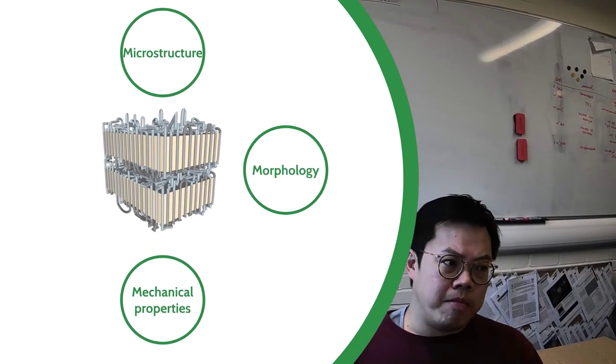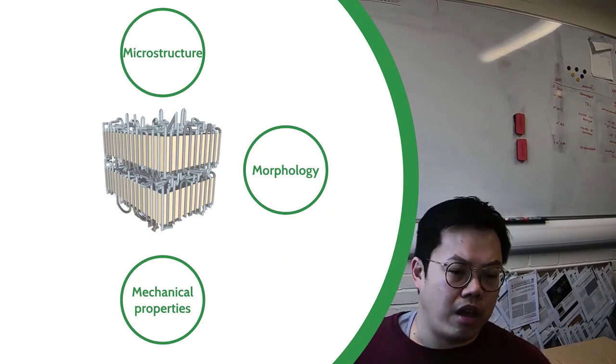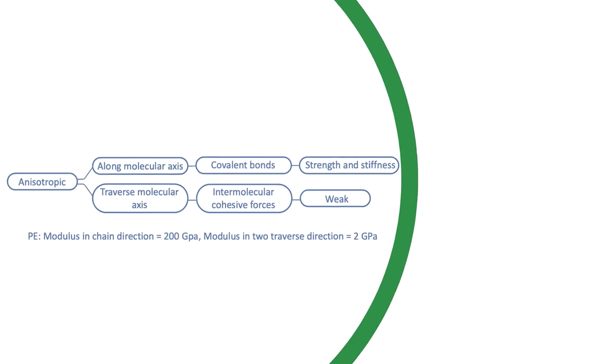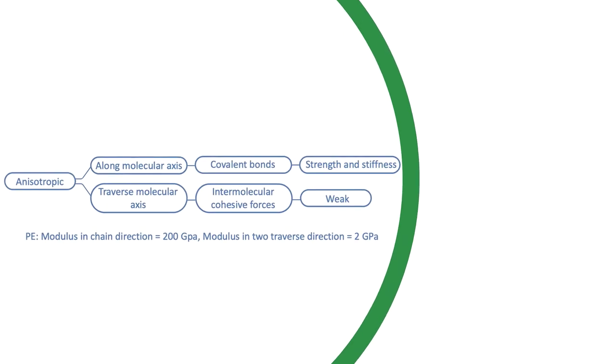Now, the terms brittleness and strength are all related to the mechanical properties of semi-crystalline polymers. Interestingly, the mechanical properties of semi-crystalline polymers are anisotropic. So along the molecular axis, there are covalent bonds, which give the semi-crystalline polymer its strength and stiffness. Modulus in the chain direction can reach 200 gigapascals for polyethylene, but transversely across the molecular axis, you have weak intermolecular cohesive forces. This results in